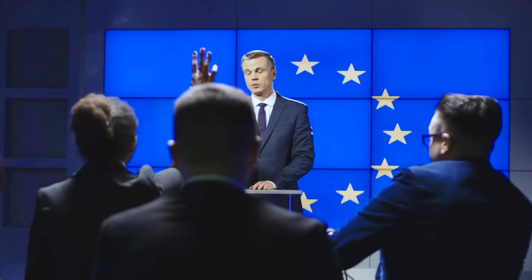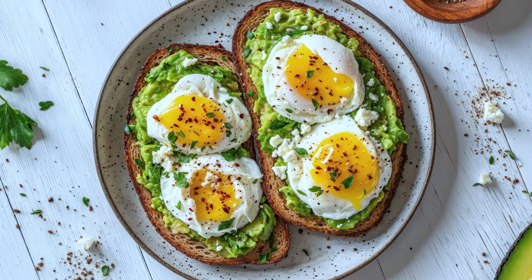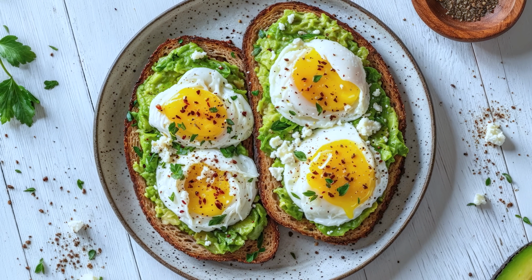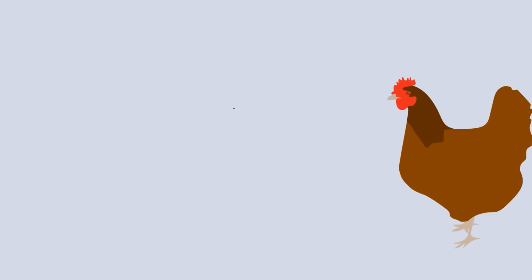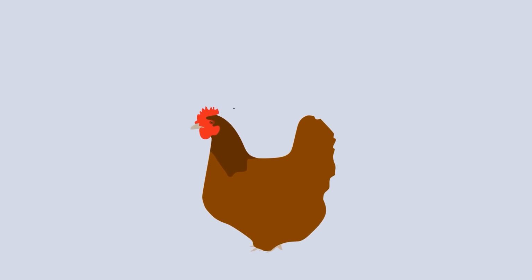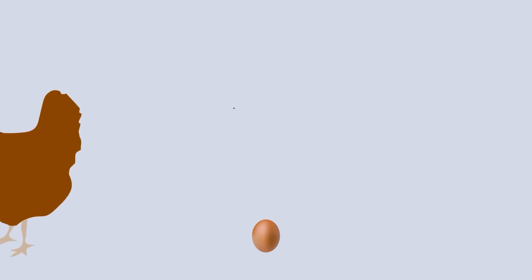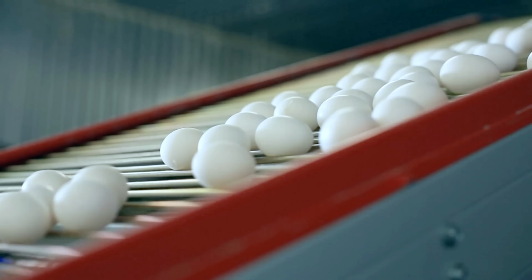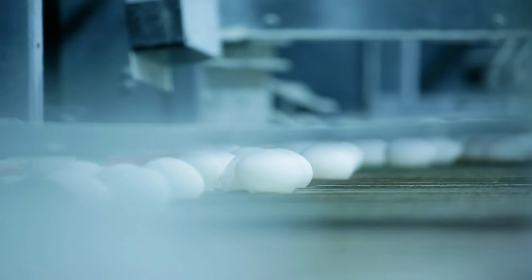The European Union, on the other hand, says that Class A eggs must not be washed, which sounds mental, right? Except the EU believes that washing eggs can do more harm than good. And there's a couple of reasons for this. When a hen lays an egg, she coats it in a cuticle in order to protect the egg against contamination once it pops out. Anyway, it's thought that washing eggs can result in the removal of this cuticle, making eggs